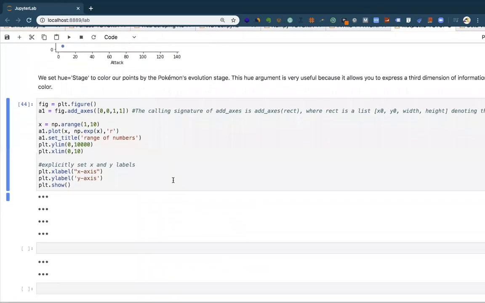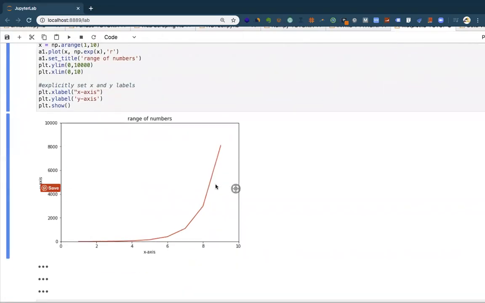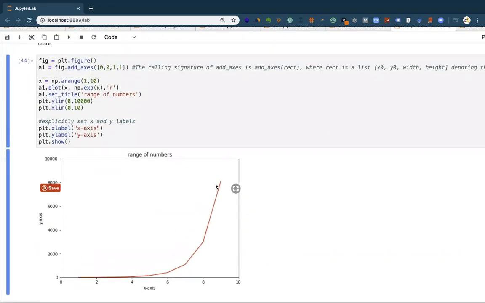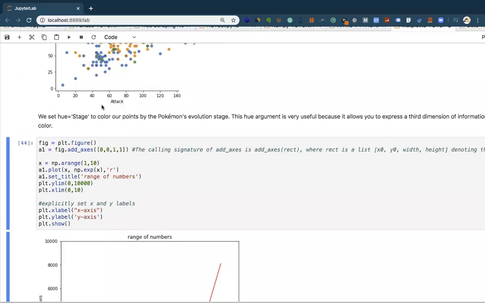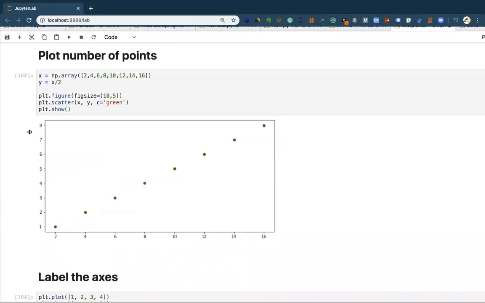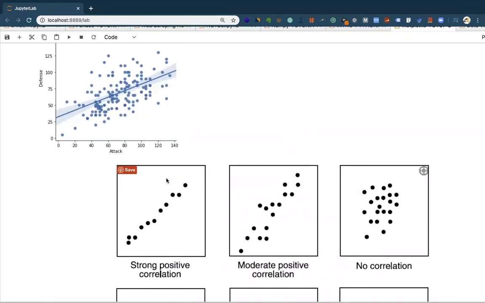So let's move on to this part also. This is another way that we can use Seaborn in combination with Matplotlib to do visualization. If you see here, we're using PLT again. For Matplotlib, we imported matplotlib.pyplot as PLT. So if you see this part,